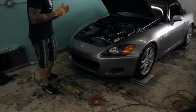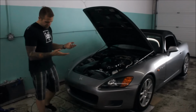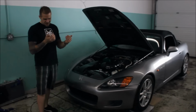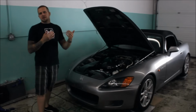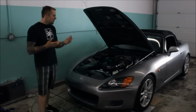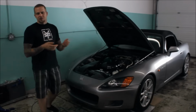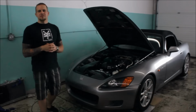The cross weights are actually not that bad, also for eyeballing it. So adding a little bit of fuel, this will probably be in the 27 and mid 2700 range with a full tank of fuel, so not too bad. The real weight savings is going to be when I start going through the interior and taking some stuff out,